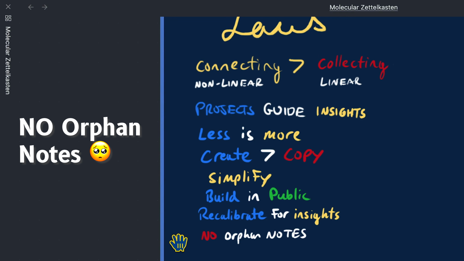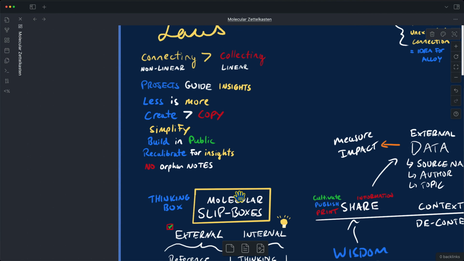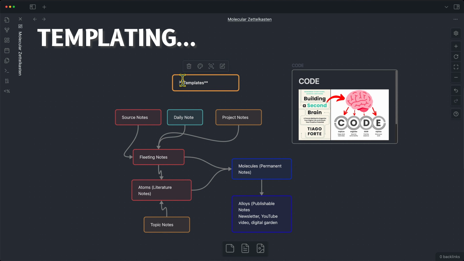And finally, we don't want to have any orphan notes. Basically, what that means is that if we're dropping something into our molecular slip box, into our idea generator box, we don't want to just add an orphan note, a note that has no connection to any other note. The only notes that should go into the molecule box, into the idea generator box, is a note that we've already made a connection to another note. That way, we can begin to generate note sequences and we can link those concepts together, connect the dots between our thoughts over time, and that's where we really start to get this nonlinear value, this emergent property coming into existence. So now it's time to get into templates.